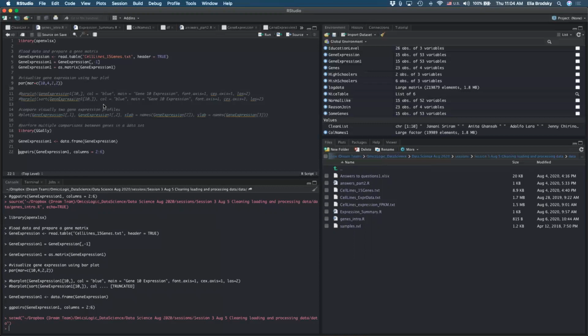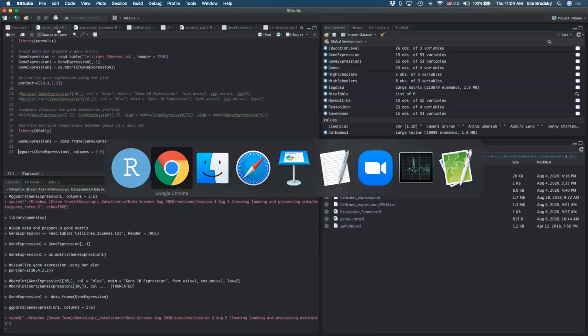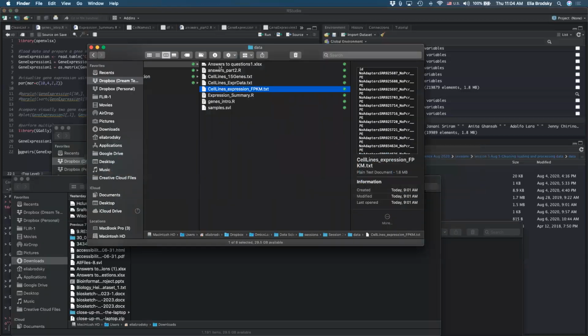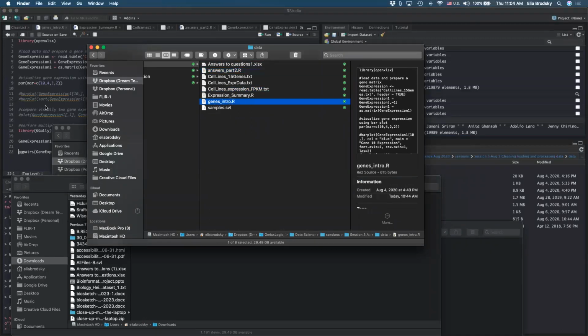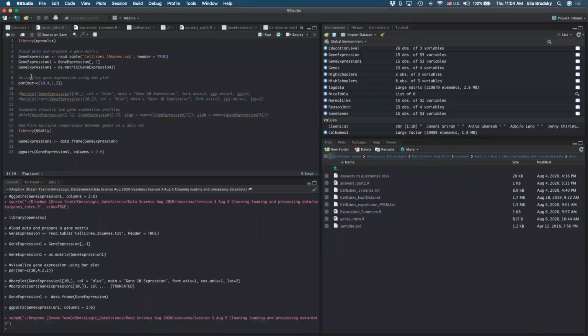So this is yesterday's, right? Remember, in that folder, you have our first exercise, the second exercise, and this was the introduction to genes, right? What we wanted to do in the analysis that we did yesterday is make sure that you understand how to extract information from the gene expression data, and how you actually want to look at